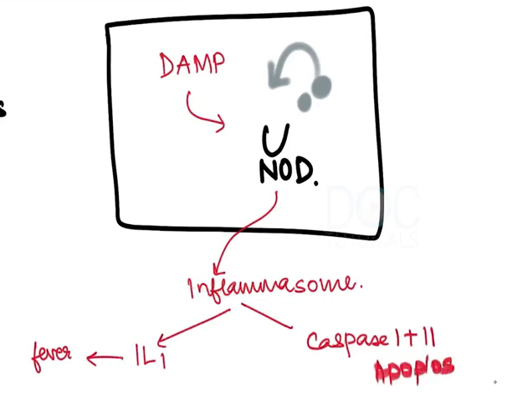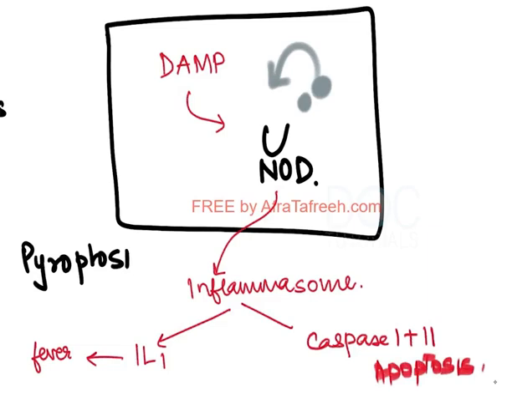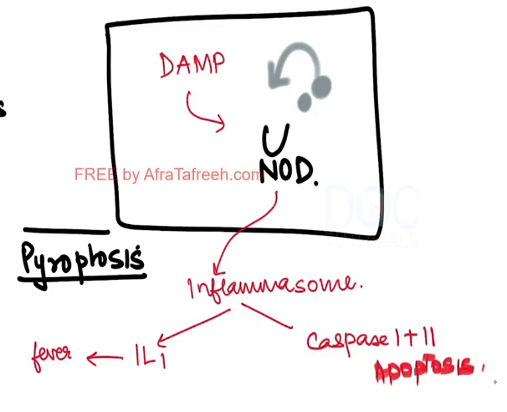So this together, do you remember the phenomenon that we have studied? I hope you are remembering this. This is called pyroptosis. What is this called? This is called pyroptosis. Pyrexia associated with apoptosis. Okay, this is called pyroptosis. Is everybody clear? So pyroptosis is done by NOD-like receptors and they kill, okay, the